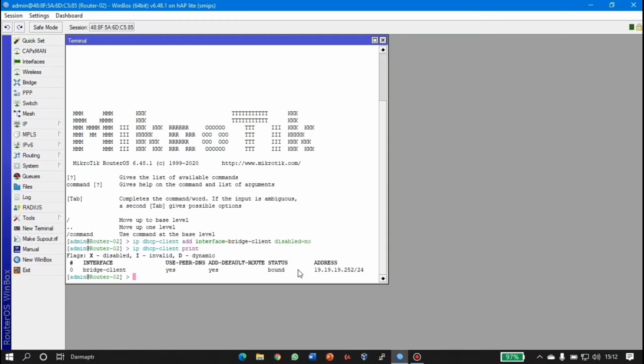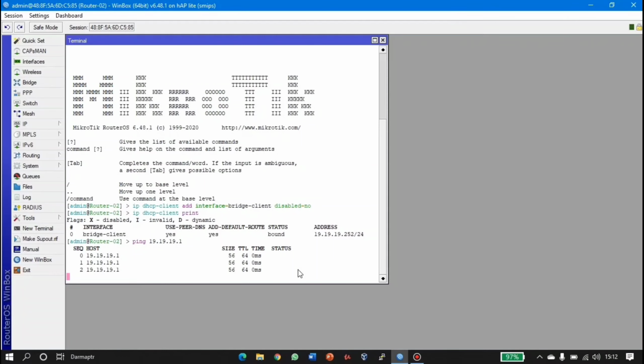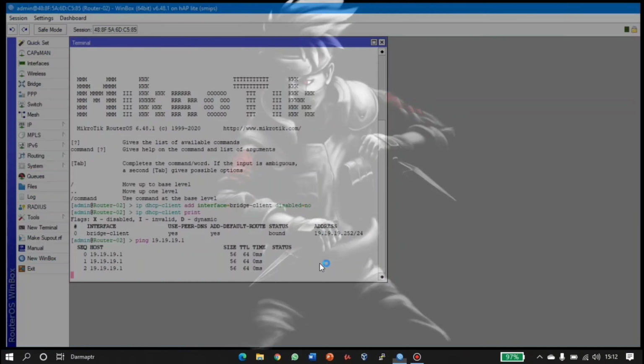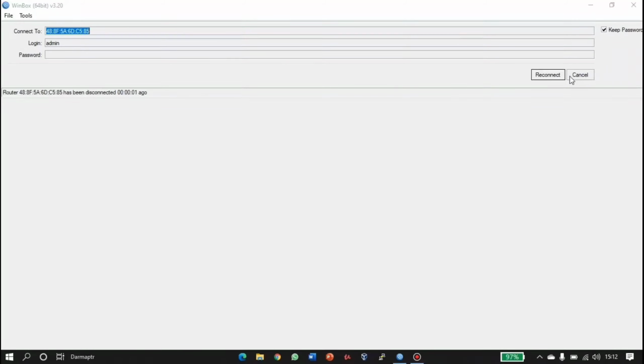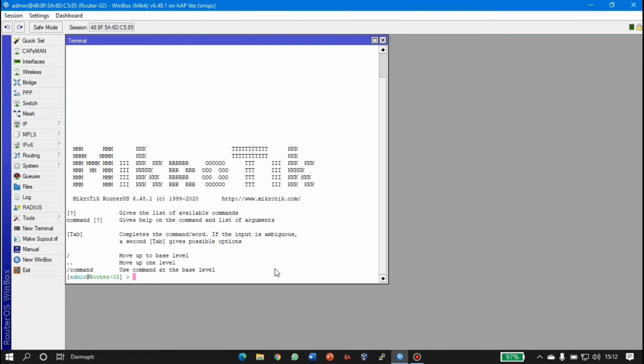And next do testing with pinging to the IP of router 1 with the command ping 19.19.19.1 and enter, and we can see the result is reply, which means router 2 is connected to the server router.